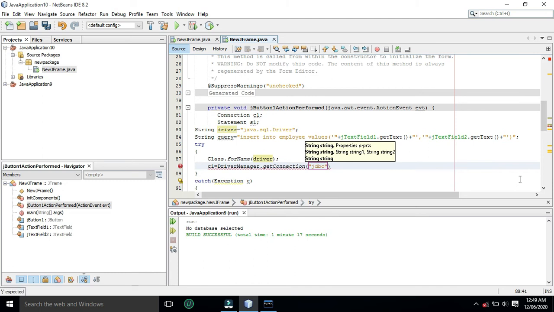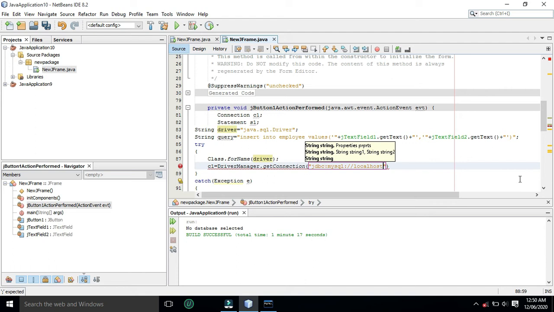That means we are connecting Java application to MySQL, then localhost, which means we are connecting a Java application to MySQL database in local system, which is not on network.